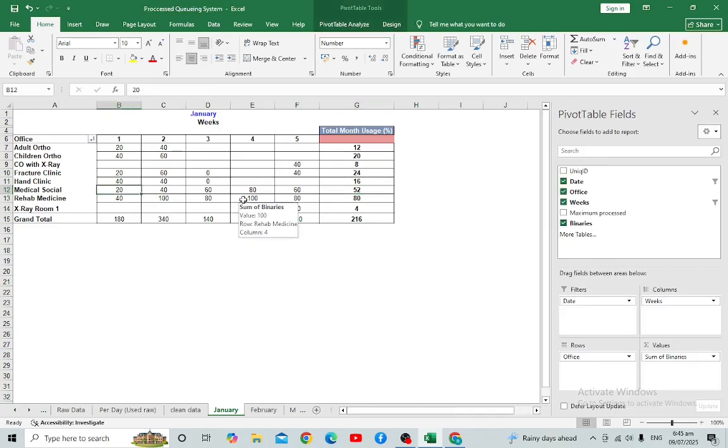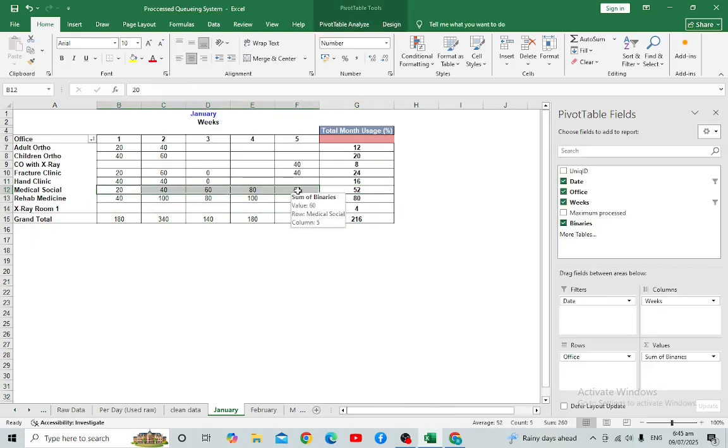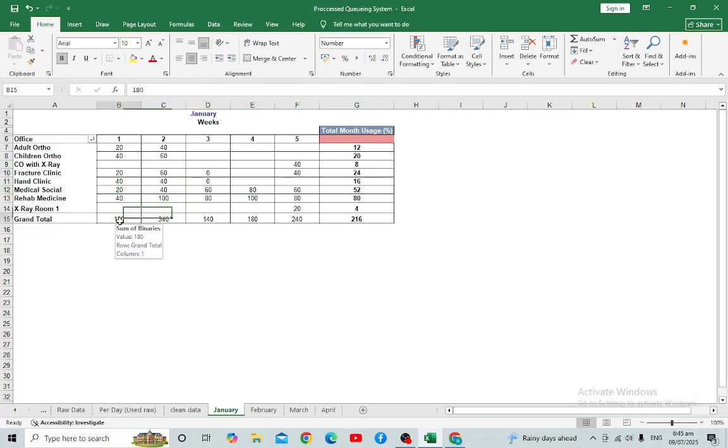In the first week they only used the system 20%, second is 40%, third week 60, fourth week 80, and then another 60. For the whole month, they only used 52% of our system.